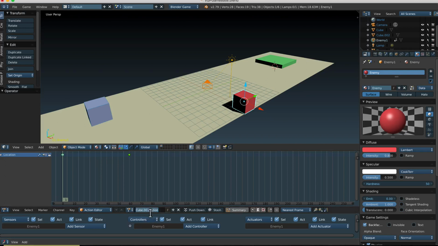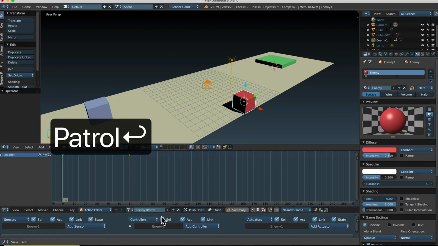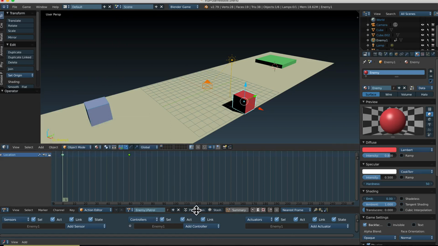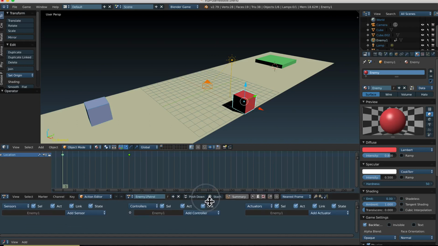So I'm going to go ahead and just give this something more specific, like enemy 1. Let's see, how about patrol? There we go. Enemy 1 patrol. So that way there's no confusion about it. All right, now that I've named it,